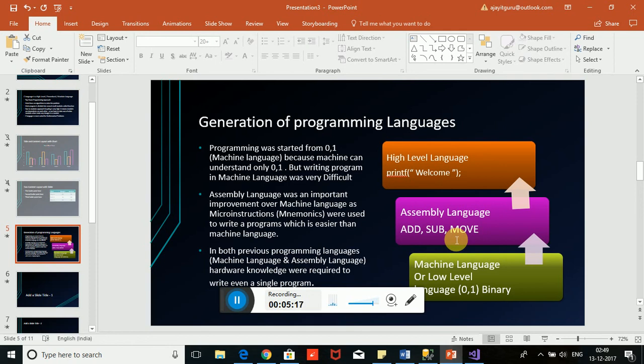But high level language provides a deep abstraction from software and hardware. This is the era where a programmer can write their program without having any knowledge of their hardware. So this was a very big invention, a very big improvement on the subsequent